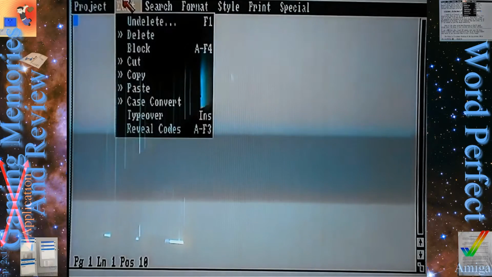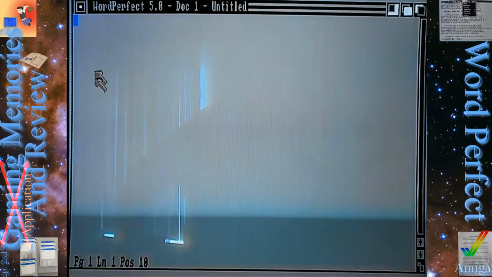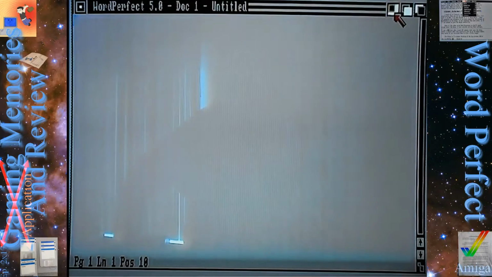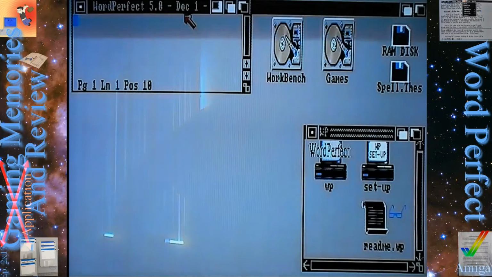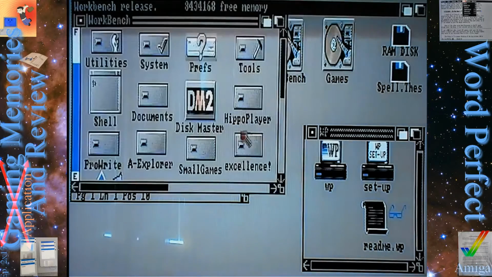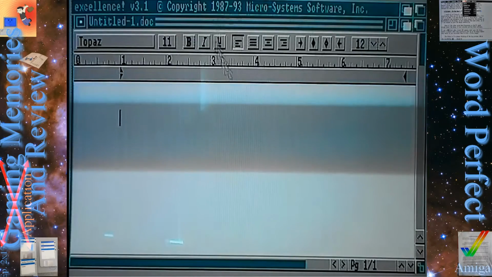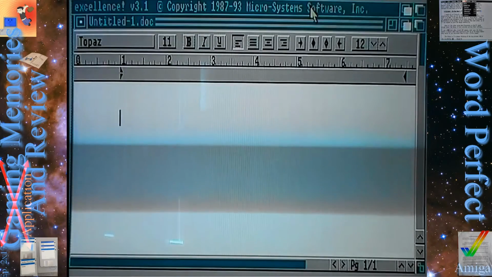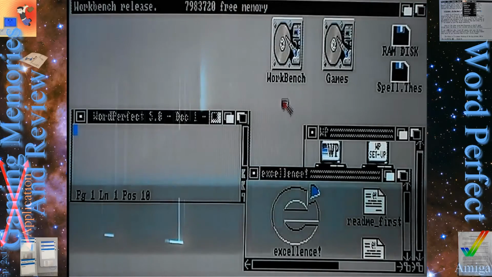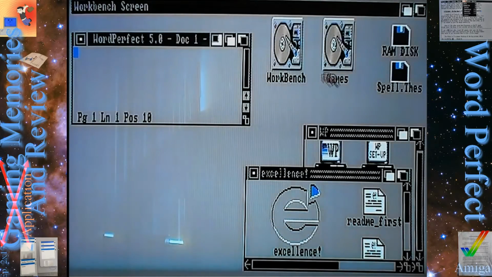So it's basically a shell or a command line interface working on top of the Workbench here. We can press this window here, and you get your normal Workbench. That is actually a very wonderful feature about this. If we went into another word processor like Excellence here, you will see that Excellence has its own unique screen completely separate from Workbench, whereas WordPerfect works directly on top of Workbench.